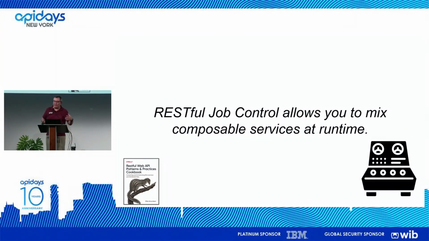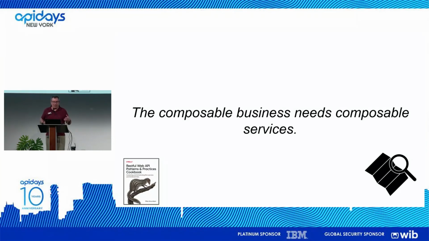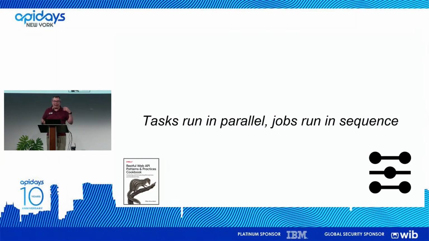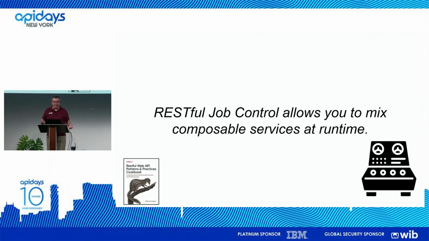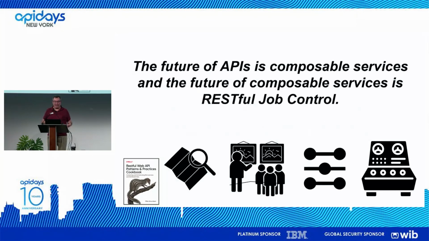So if we want to mix services at runtime, we need to make these decisions ahead of time. So if we want that composable business, let's get some composable services. Let's describe the things we have. Let's run them in parallel as much as we can, and then that allows us to kind of mix things together. That's what I think the future of composability looks like. It's not the only possibility, but I think it's one that we can do already today with all the technology that we have. We don't have to invent anything, and I don't need a custom platform. I don't need to install an Apache product or some open source product or a proprietary product. Anybody can build these things. Everybody can build these things.